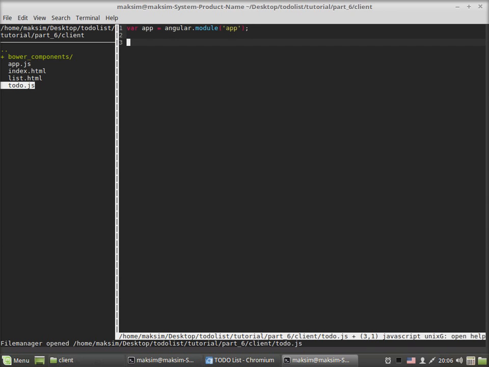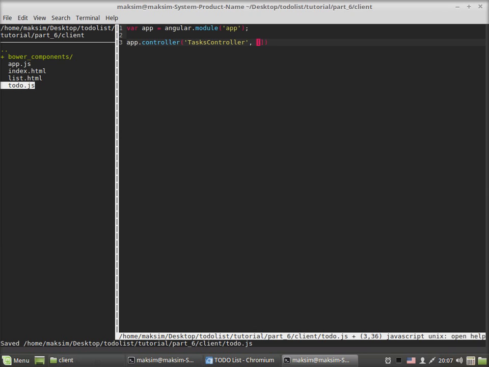Okay, and here we just say app controller, and now things are getting a bit more complicated, so please be kind of consistent, maybe. I don't know how to say this word in English, sorry guys. So just take care about what is about to be done now. Okay, so we call this tasks controller, pay attention. Okay, tasks controller,